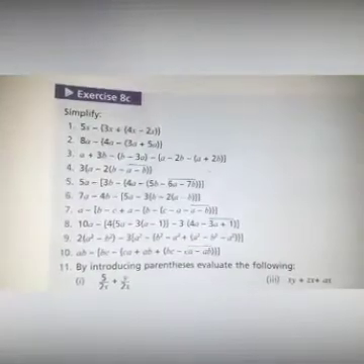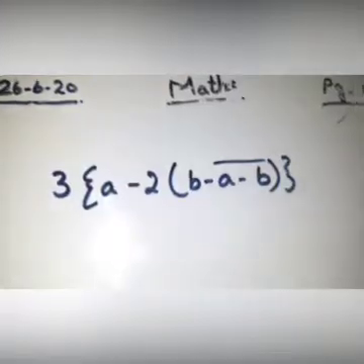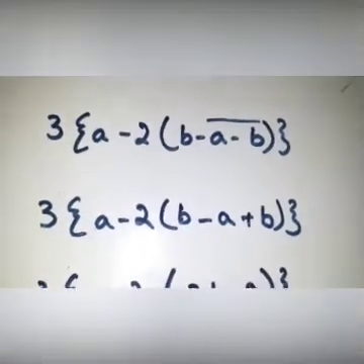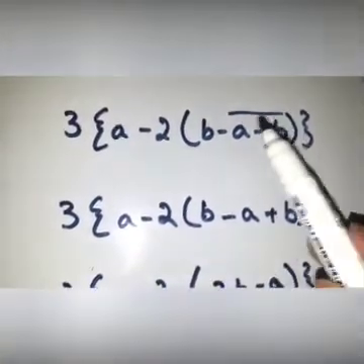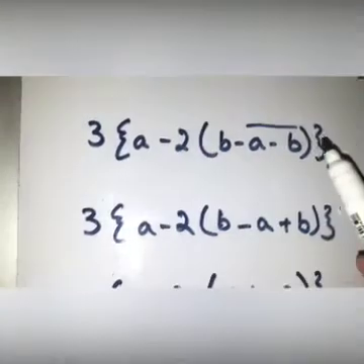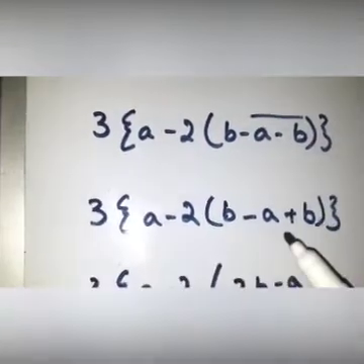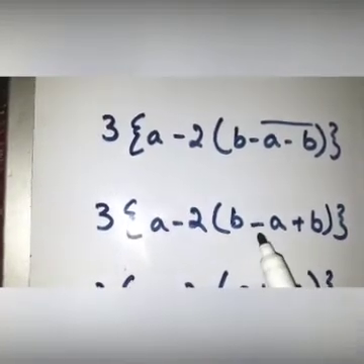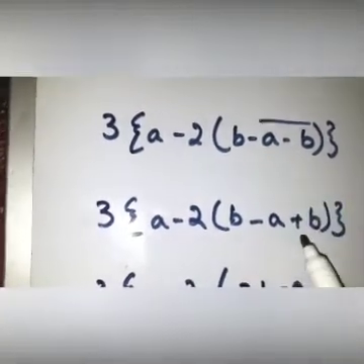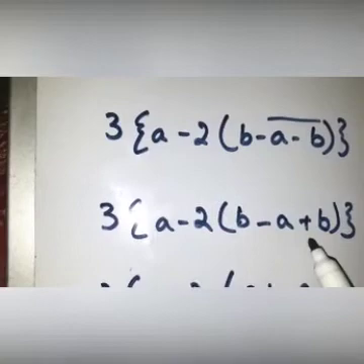Now here is the question number 4. Now you have the part 4. You can see the question. There is a bar on top. So first of all, you will solve this bar. When you open this bar, after writing the same question, minus a minus minus plus, the sign will change.